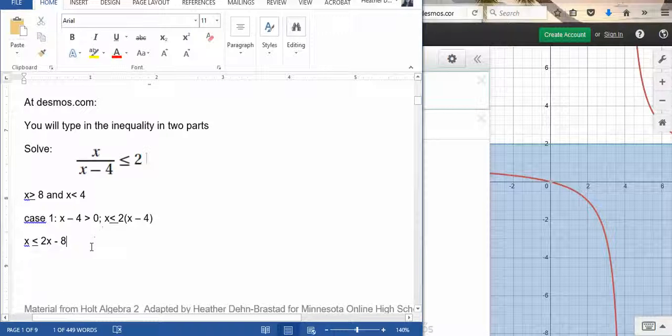And then I would subtract 2x from both sides so that I get my x's together. So then I'd have x minus 2x would be minus 1x is less than or equal to negative 8. Now, when you solve this,